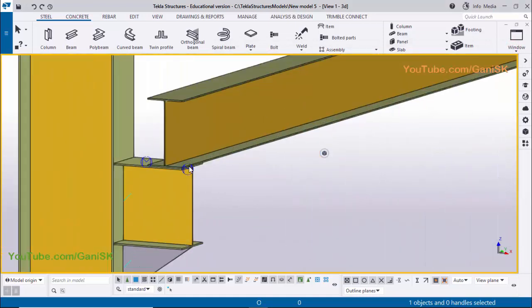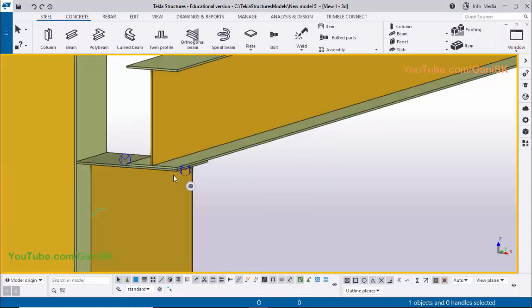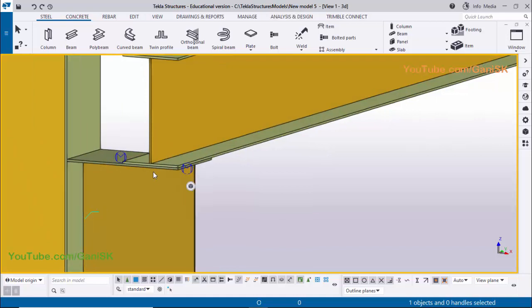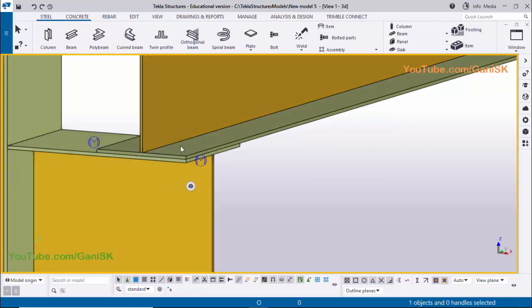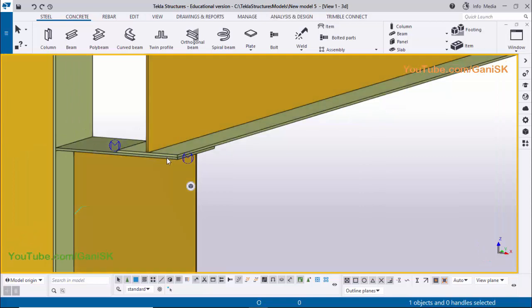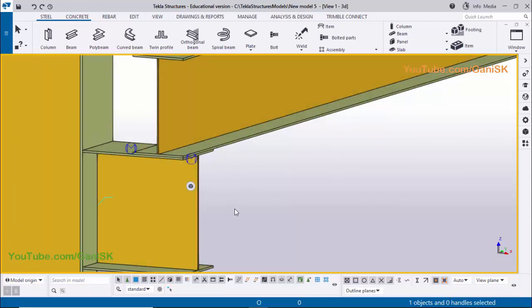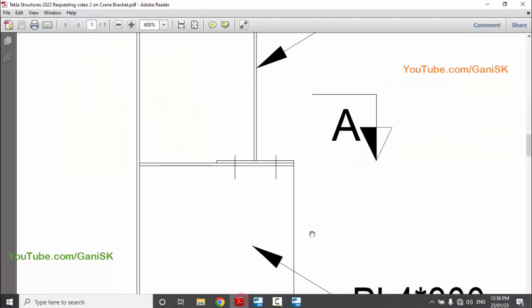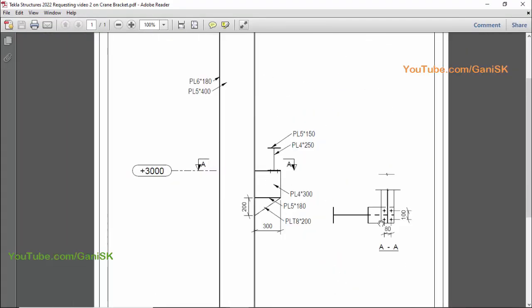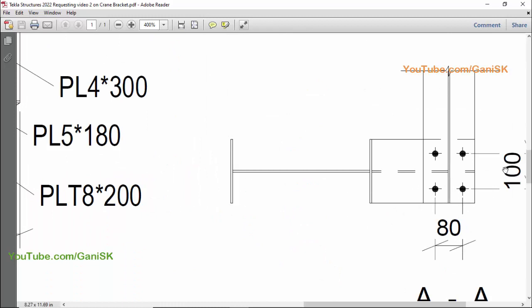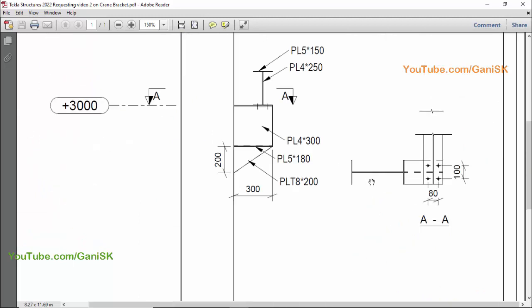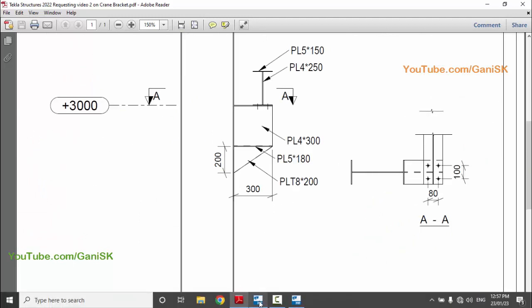Okay, now I'm going to create the bolting between this crane beam top flange to the crane bracket top flange to crane beam bottom flange. We're going to bolt there. So in our example, you can see now we have bolting like this. We have 100 gauge and 80 pitch like that. So I'm going to create this spacing and bolting there. So go to